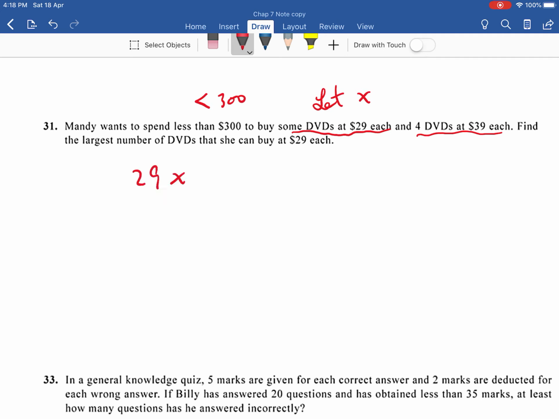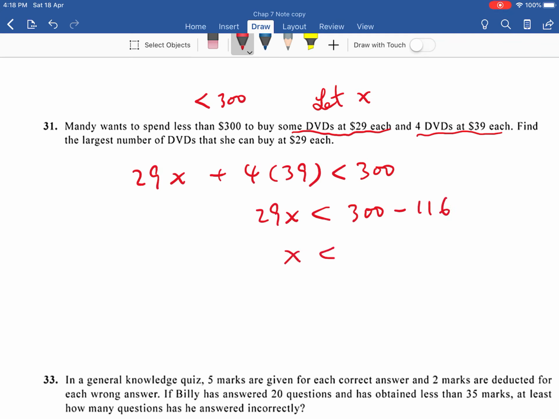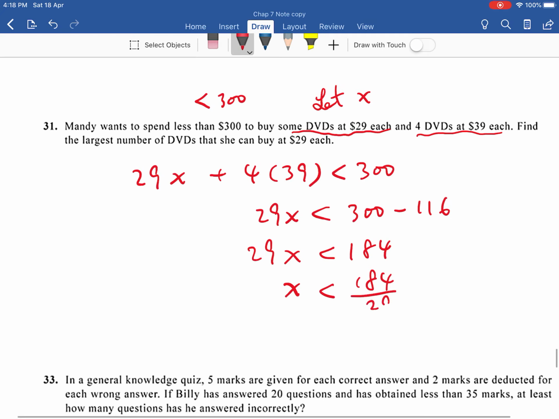So 29x is this part, plus 4 times 29 is 116, is less than 300. So 29x is less than 300 minus 116. Therefore 29x is less than 184. Therefore x is less than 184 divided by 29. With the help of the calculator, 184 divided by 29,